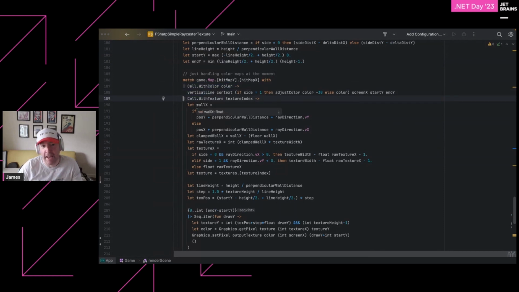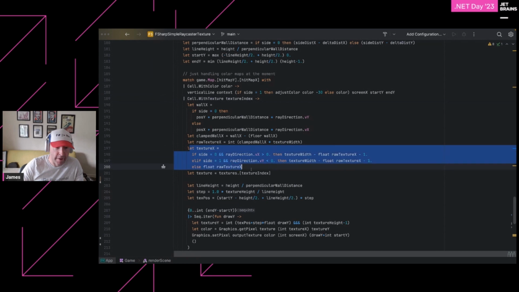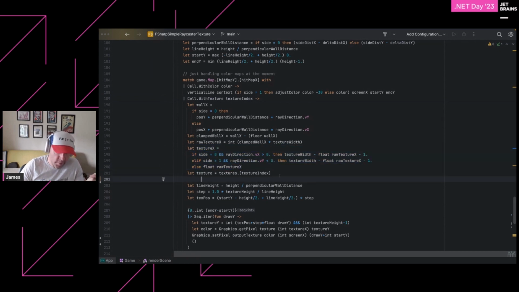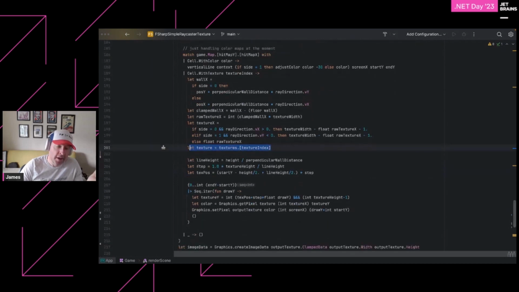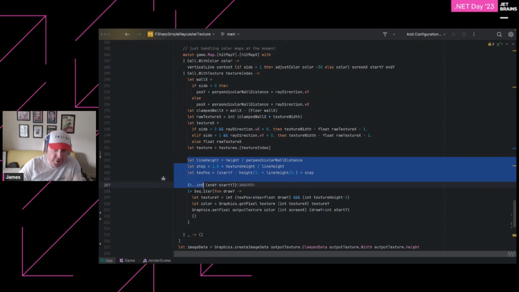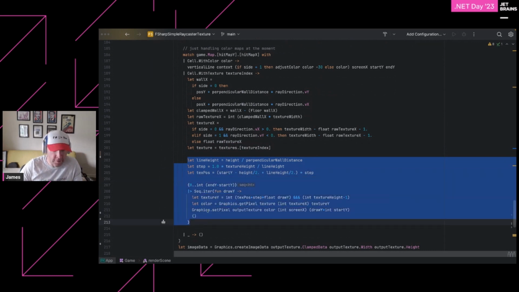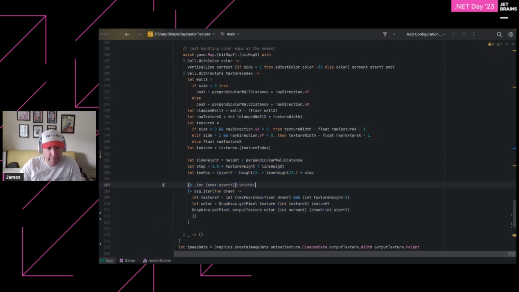If the map cell has a texture, essentially we again find where our texture position is, and like this here, let texture X, we go find the texture position. We get the texture that is represented by the wall, and then we basically use the column in the texture to output that texture, copy the bytes across to the canvas,